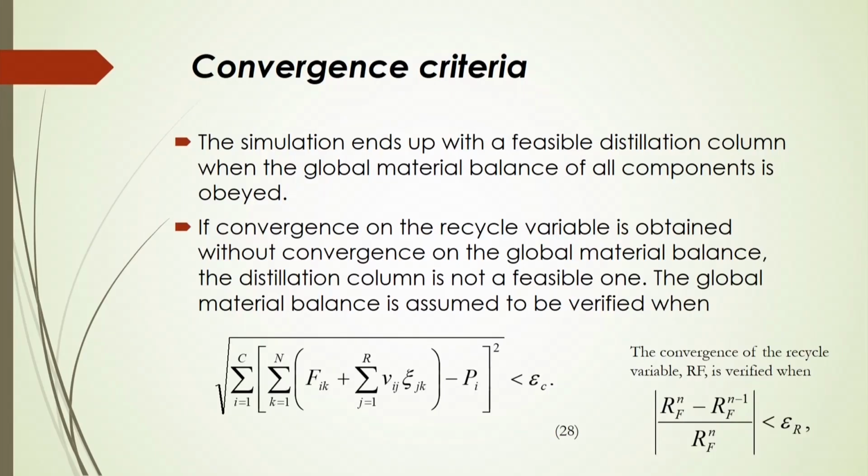Now, the convergence criteria also have to be considered there. During the simulation with a feasible distillation column, when the global material balance of all components is obeyed, the simulation ends. If convergence on the recycle variable is generally obtained without convergence on the global material balance, then the distillation column is not a feasible one. The global material balance is assumed to be verified when equation number 28